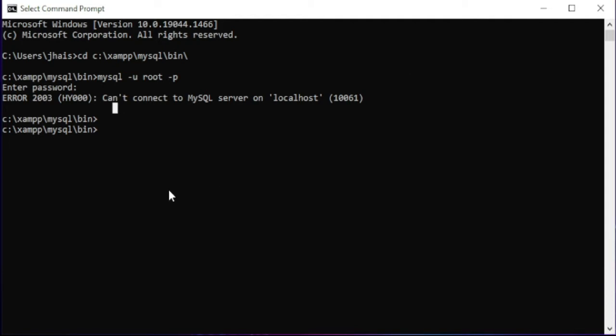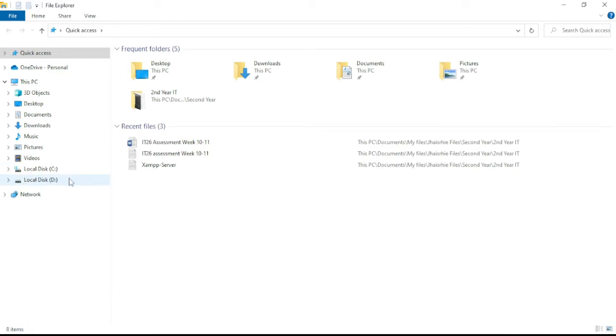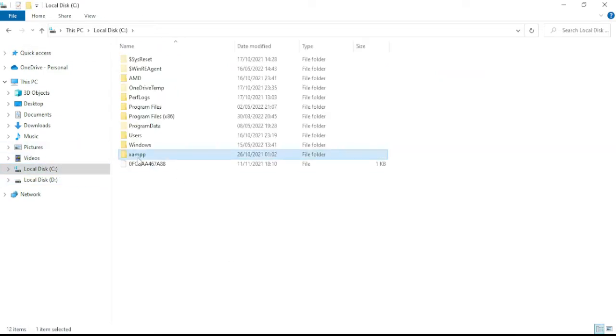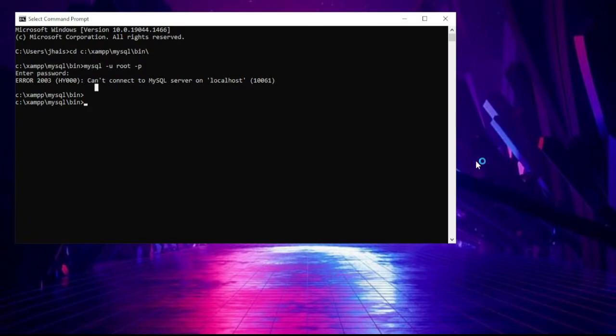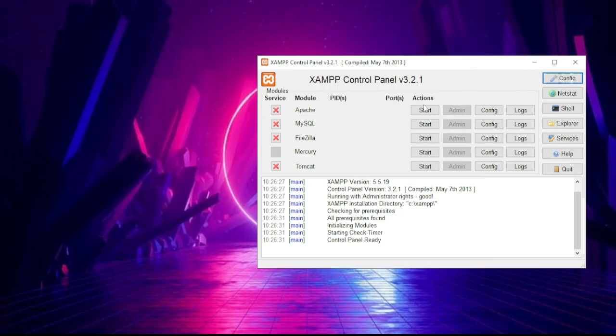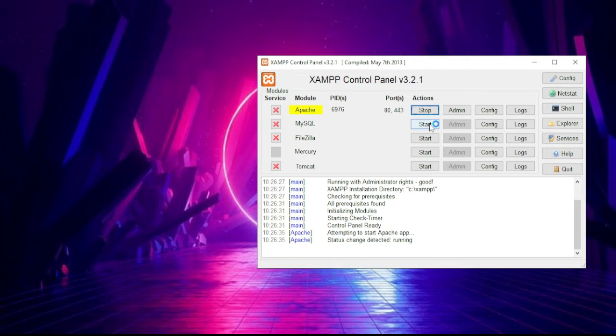So by the way, this kind of error means we need to start the XAMPP server first. So we need to open our XAMPP server so that the connection will be connected to the server, which is the XAMPP, to the MySQL server. So you need to start this Apache and MySQL, then